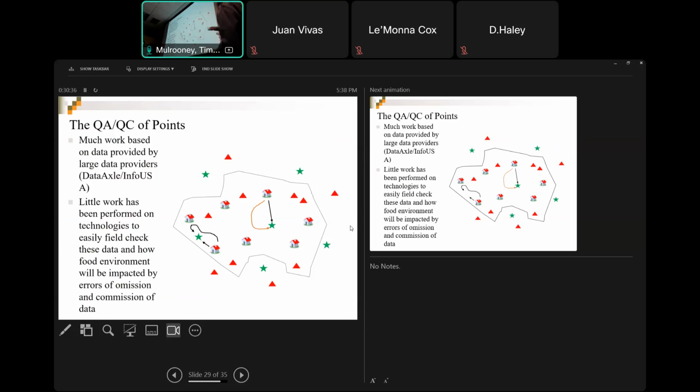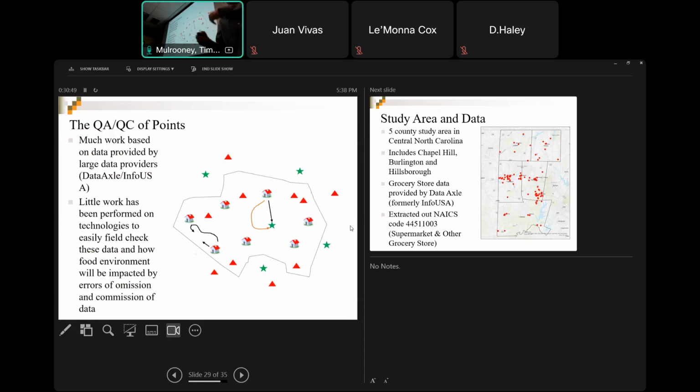So you might see these areas in green right here. These are all supermarkets in my study area. These people over here live really close to a supermarket according to my map, but what happens if they didn't? What would happen to the foodscape and food environment if that were the case? Hey, these people have to drive all the way over here.